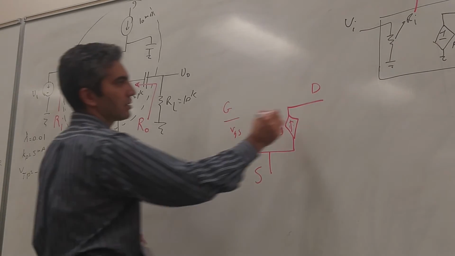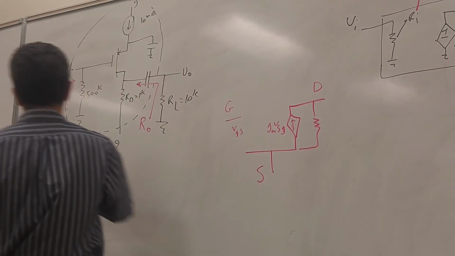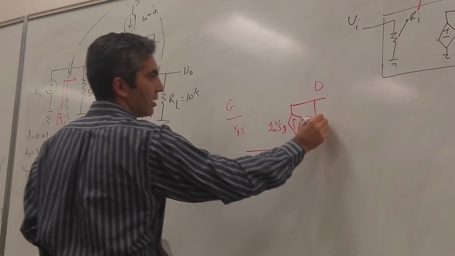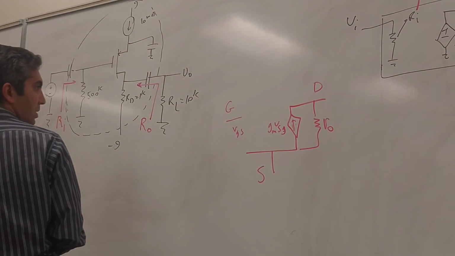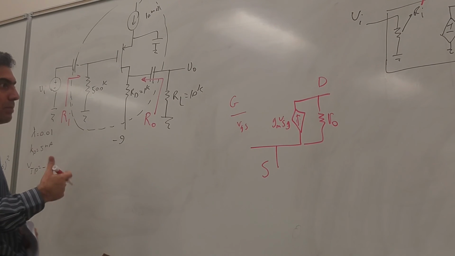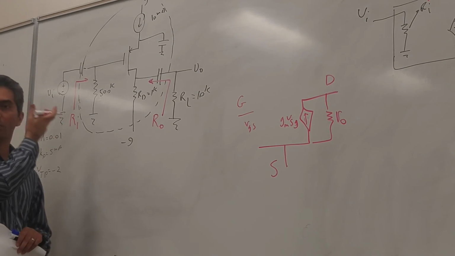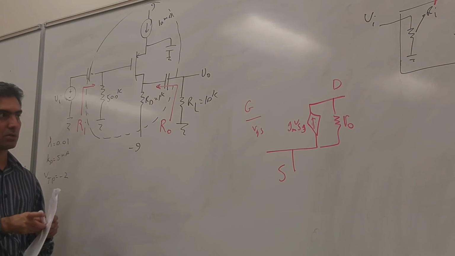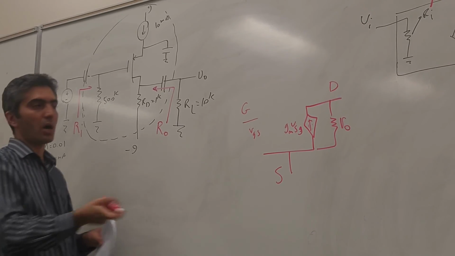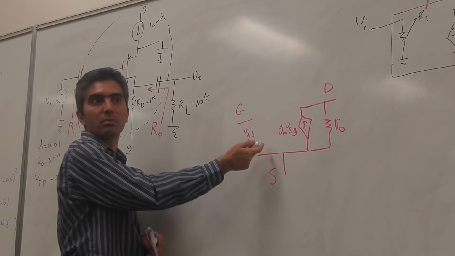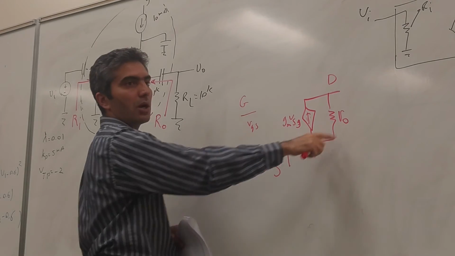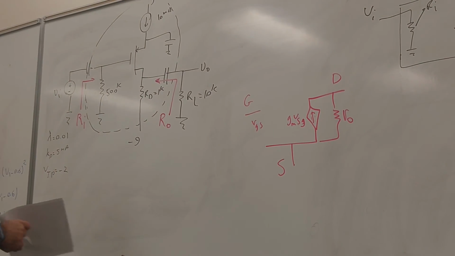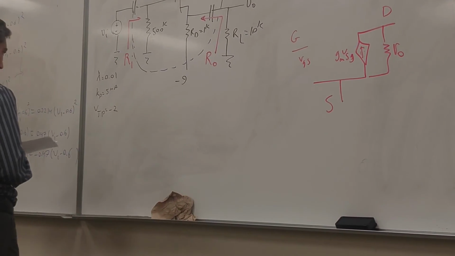And then there is a resistor. Because I have a lambda value, there's a resistor there too. So therefore, for me to know what this small signal model is, what do I need to know? The current. What's unknown here in this model? gm. There's gm and there's r naught. There are equations for those two, right? So the equation for